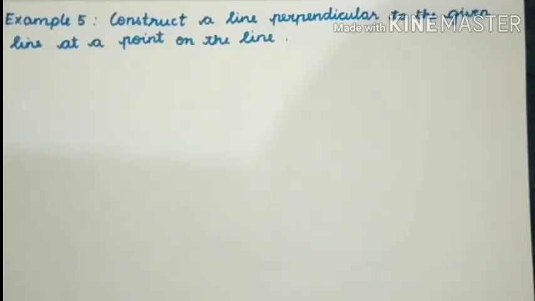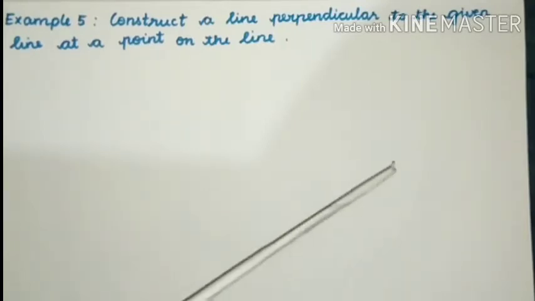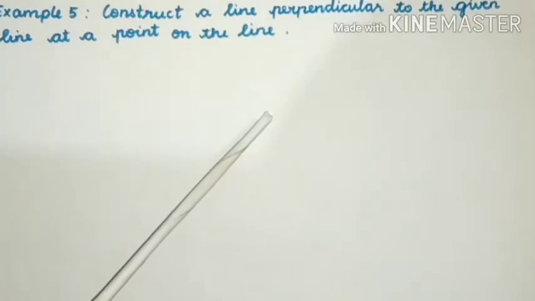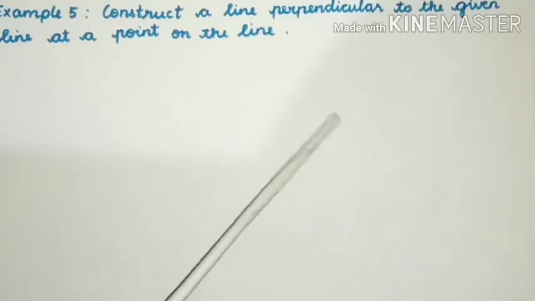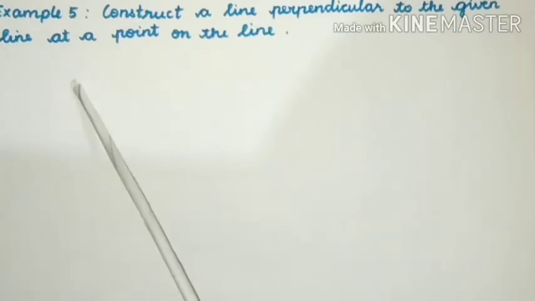Friends, now let us learn how to construct parallel lines and perpendicular lines. Before that, take the geometry note. You have to do the practical geometry in the geometry note only. On the right hand side, you have to draw the perpendicular and parallel lines, and on the left hand side, you have to write the construction for the parallel and perpendicular lines. Students, keep in mind, in the geometry note you have to use pencil only.